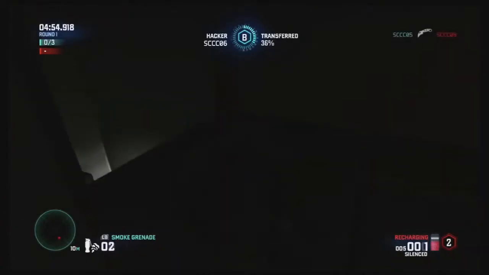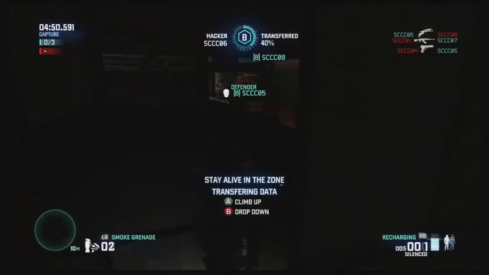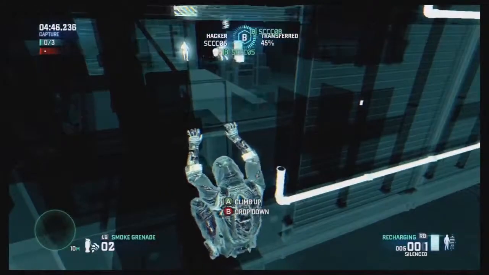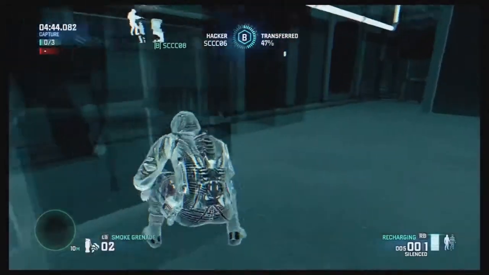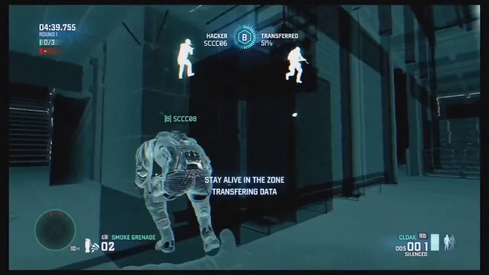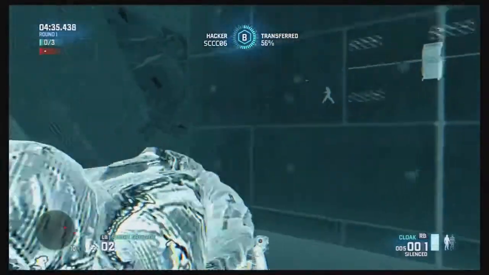Whereas I've EMP'd these. I almost took out both of them. I threw an EMP, which disables all electrical equipment, and then I had the opportunity to try and take them both out, but I was unable to. Right now, they're above me. I'm using my sonar goggles to kind of know where they are. There's a third merc coming in, so